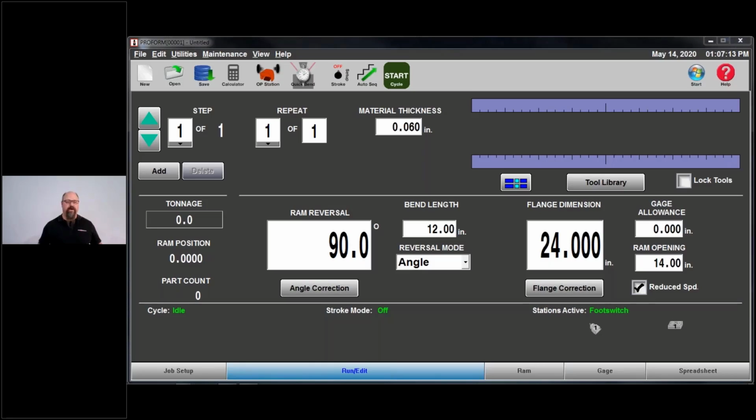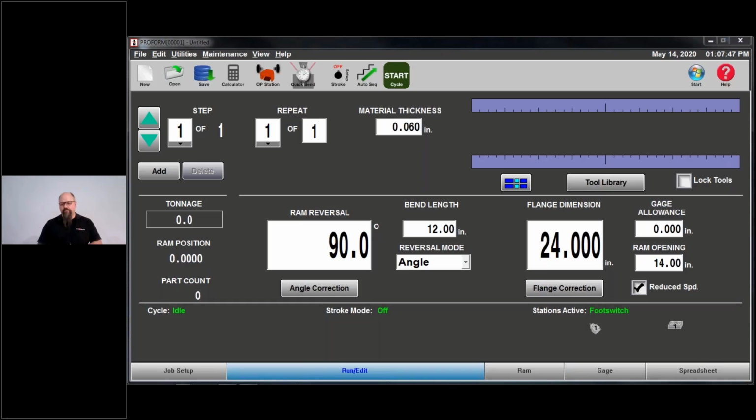So what we're going to be talking about, obviously, is the bend simulation software. This does assume that you have either a Cincinnati brake and the offline software, which if you do not have, it is available from our website under the software section. You can download a free demo that is useful for 60 days. After 60 days, you get the link that says, hey, by the way, your free trial is over. You need to buy it and then move forward.